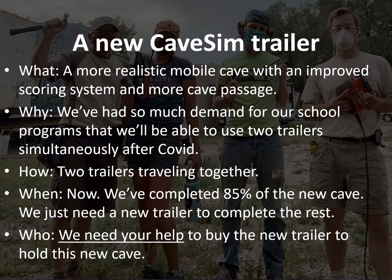We are also building a new CaveSim trailer. So we're building a system that's more realistic, has more passage, and has an improved scoring system. And the reason we're doing this is not to replace the existing trailer, but we've had so much demand for our school programs that we know that we'll be able to use 2 trailers simultaneously after COVID. And we know that because just prior to COVID, we did 33 days of CaveSim programs in just a 6-week period. For some perspective, in the last year we did 79 days in the entire year,